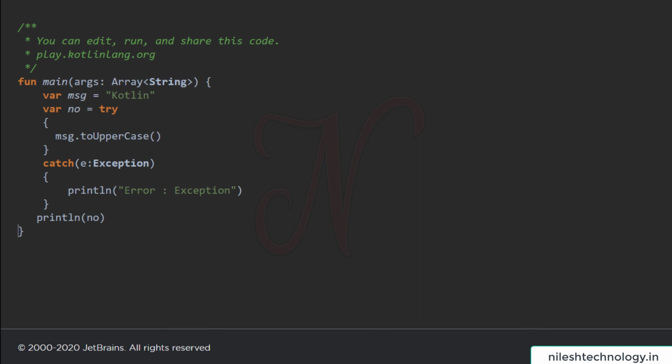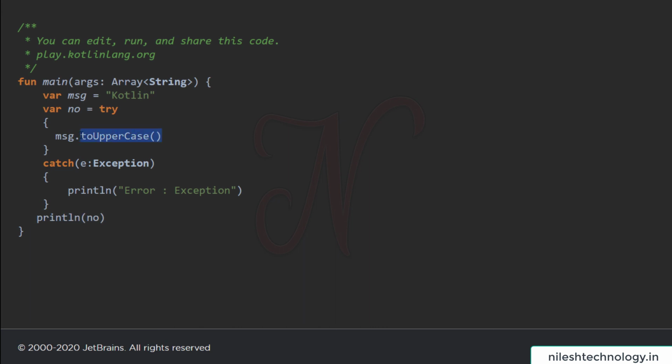So see here, run, Kotlin is in capital. Here it goes to try, we convert this message into uppercase, and this answer is returned and assigned to this variable. So number equals Kotlin in capital. After this try catch, we print the number, which is your Kotlin in capital message.